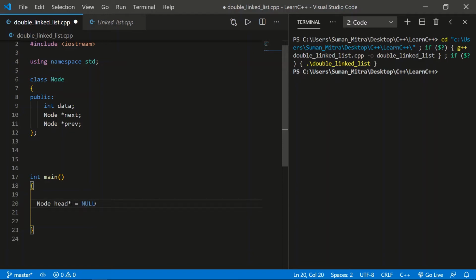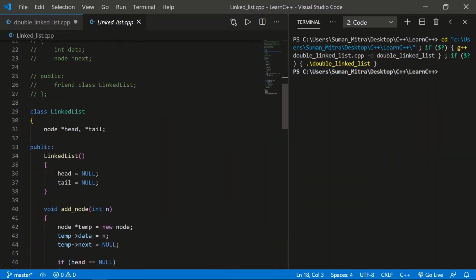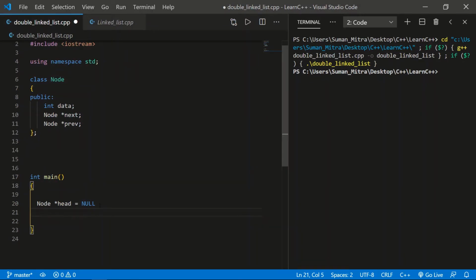Okay, just right in front of the head, like a pointer. We created an instance. Head will contain many nodes, that's why we are writing it using an asterisk sign, and we are directly writing it null because in the previous video we did not directly write null, we gave it a constructor. You can see here we gave it a constructor, but even without the constructor you can just write null and it will get initialized to null.